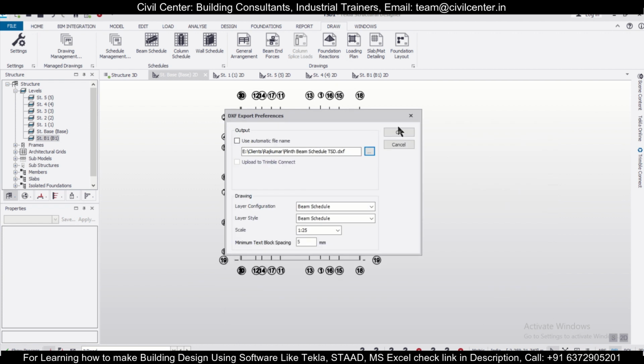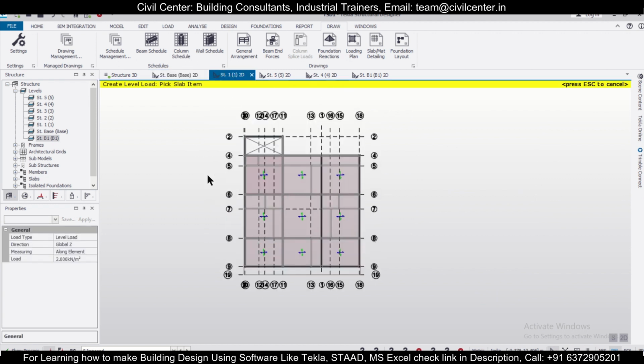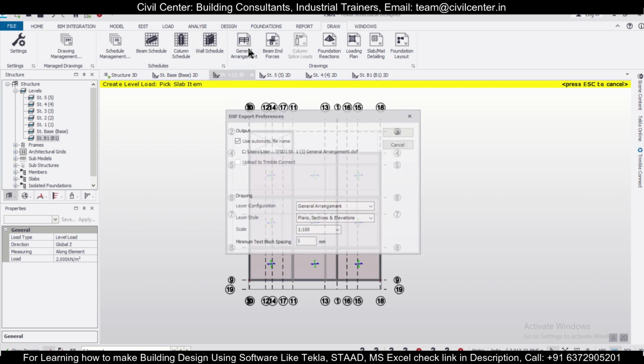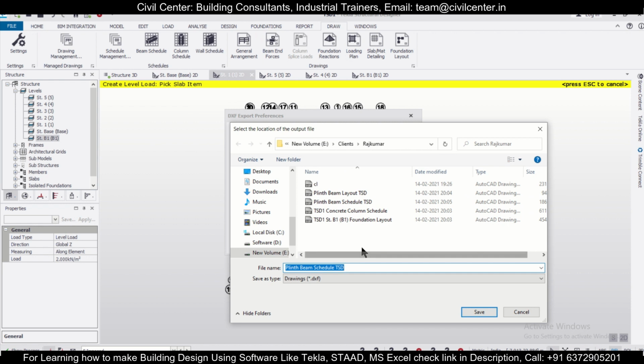THD, save it, okay. And after that we'll go to the structure one, and then we'll have the particular general arrangement, save the particular file, and this time it will be the typical beam or the roof beam layout.